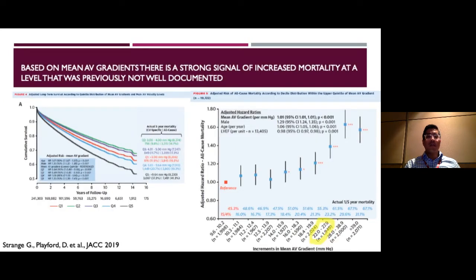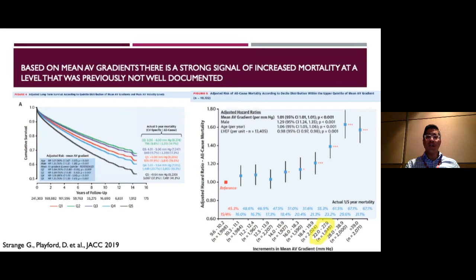To further examine the effects of aortic stenosis on mortality, the graph on the left shows aortic valve mean gradients divided into quintiles. The green, purple, red, and blue survival curves show the first 4 quintiles, where the aortic mean gradient is less than 9.6 millimeters of mercury. But once the gradients rise to greater than 9.6 millimeters of mercury, there is a significant increase in mortality. Furthermore, the diagram on the right shows all patients with mean gradients greater than 9.6 millimeters of mercury,